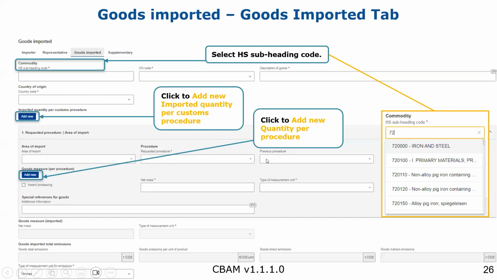If there is any previous procedure, the net mass, so the quantity, the net weight of our CBAM good that is under the specific procedure, the type of measurement unit that could be tons or kilograms, and any special references for goods.